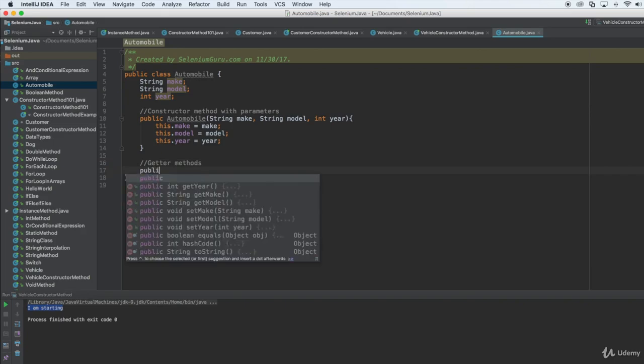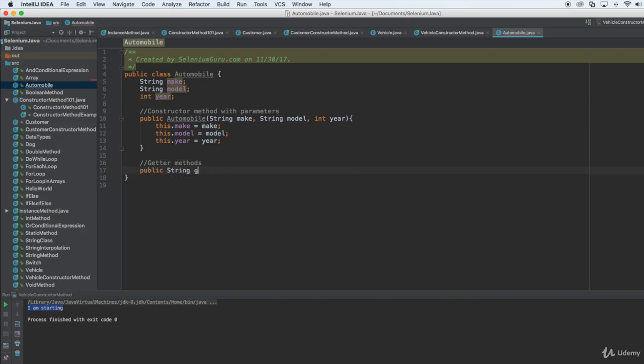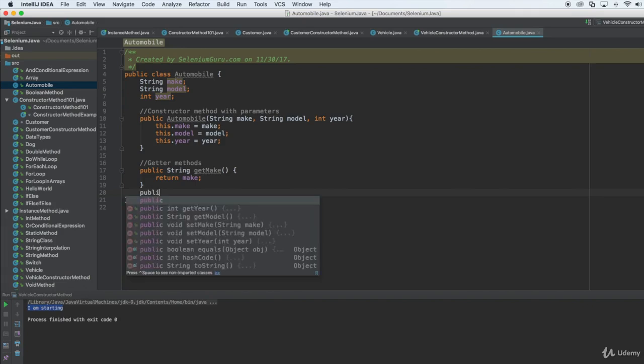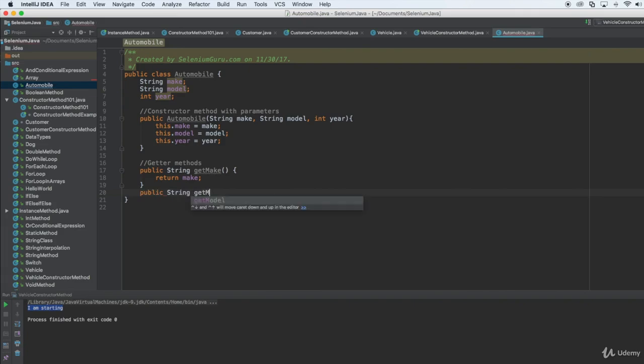So here, I'm actually going to do public String getMake. Okay? So here, I'm actually going to return the make, right? So getMake means get the value of this make, right? So I can do that using a get method here. These are get methods. Okay? And the same thing with the model, getModel,